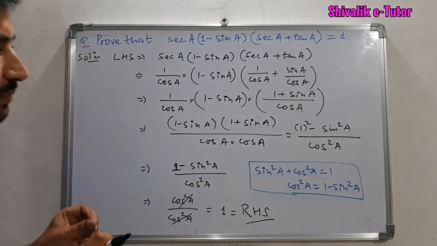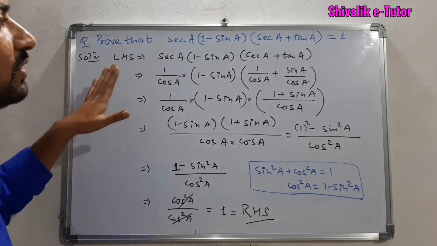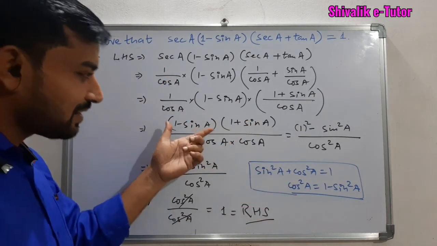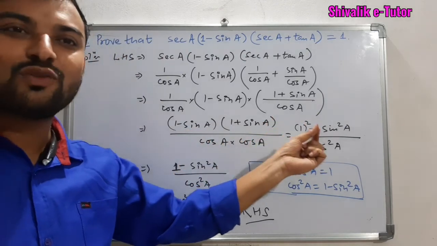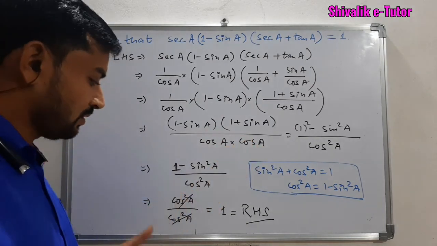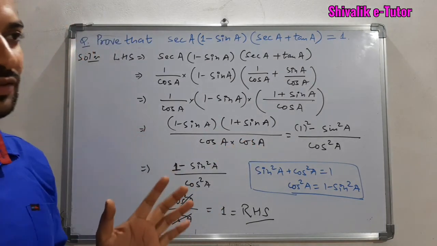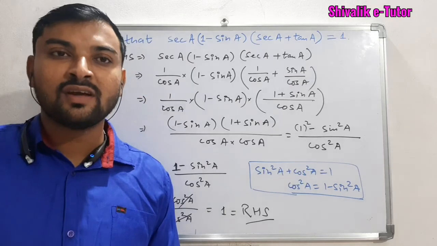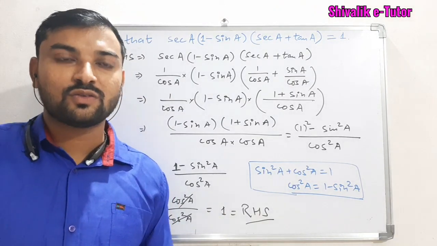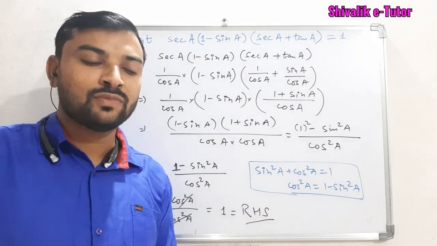So this is a very simple question based on the trigonometric identity, where we use identity 1 and one identity from algebra, that is A plus B into A minus B is equal to A square minus B square. So this is a very simple question based on the trigonometric identity. Now let us take some more questions based on this, so we will be able to understand the